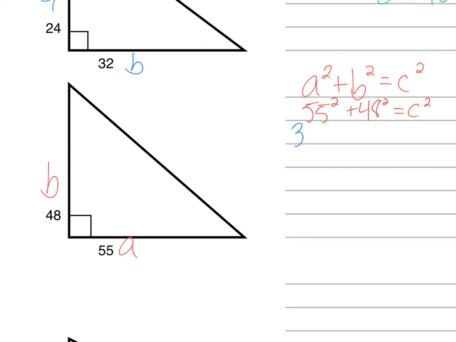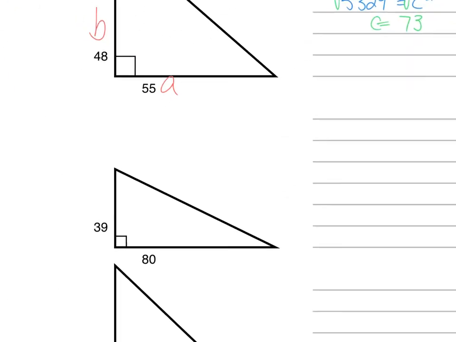55 squared is 3025 plus 48 squared is 2304, and that's equal to c squared. So adding those two together, that gives me 5,329 is equal to c squared. The opposite of a square is a square root. Taking the square root, c is equal to 73. All right, so looking at this one,